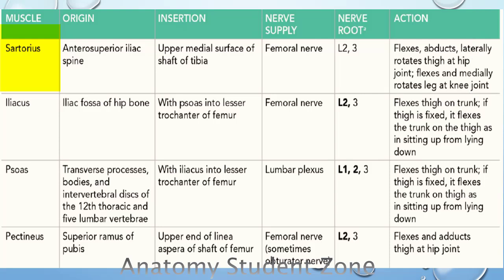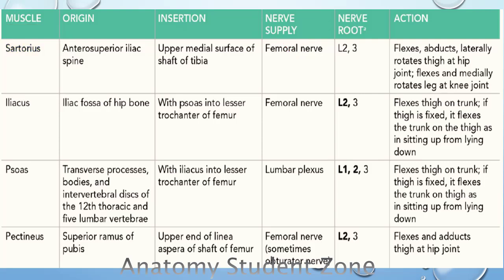So it is going to draw your lower limb into a sitting tailor's position, and in this position our thigh is flexed, laterally rotated and abducted, and the knee is also flexed. So this muscle is doing flexion of the hip and knee joint, and it is also acting as an abductor and lateral rotator of the thigh at the hip joint. You already know the nerve of the anterior compartment is the femoral nerve. Hence this muscle is also supplied by the anterior division of the femoral nerve. And the femoral nerve, we know, arises from the lumbar plexus. So root value and all that we have covered in lumbar plexus.